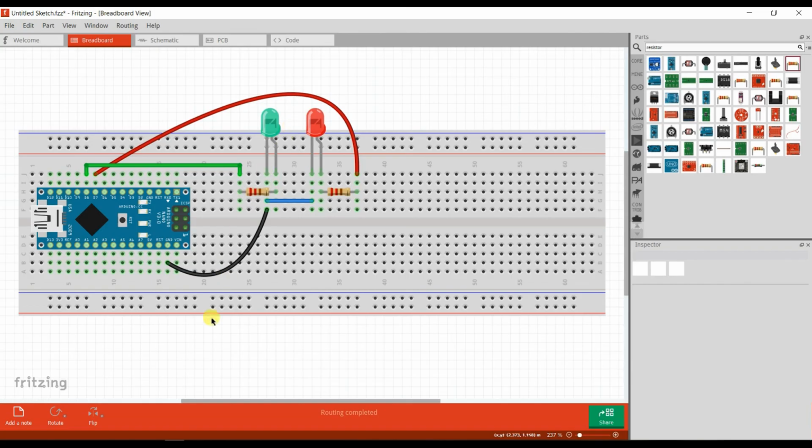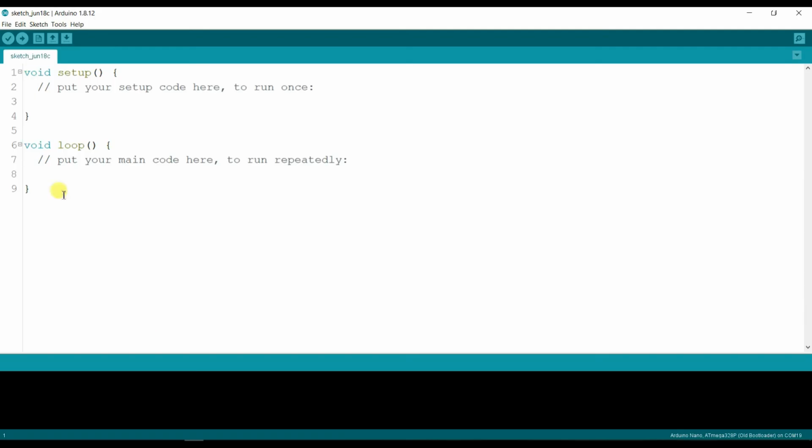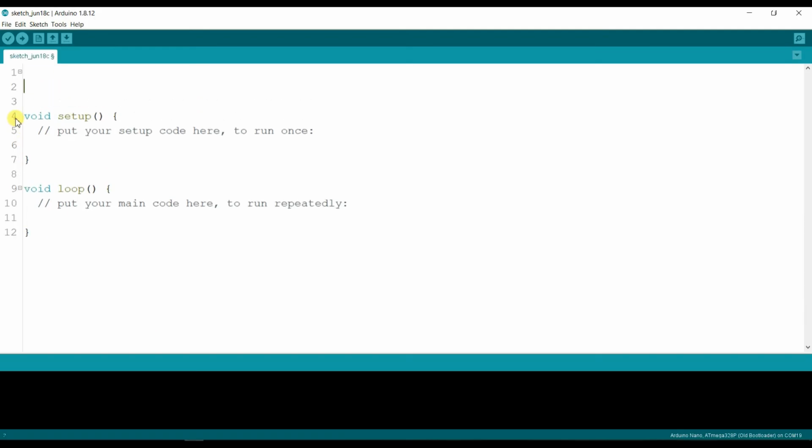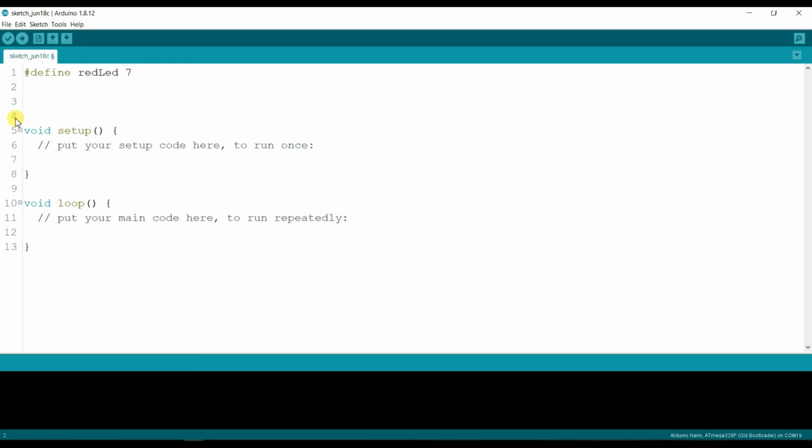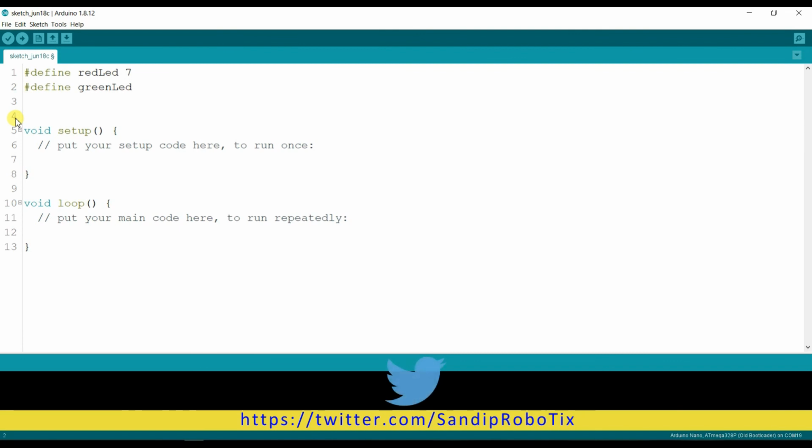Okay, we will see the Arduino programming. I will define the pins. The red LED is connected to pin 7. The green LED is connected to pin 8. I will decide the pin mode.